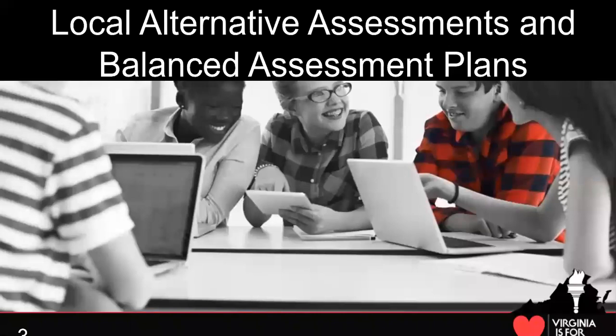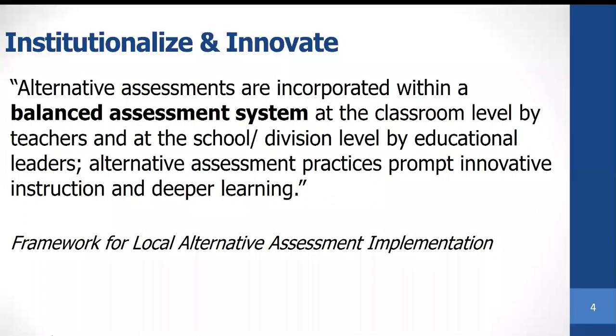So as I said, first let's go over some ideas in the guidelines surrounding balanced assessment plans and local alternative assessments. If you'll recall, if you were in education, particularly in middle school history, in 2014, a series of tests that included U.S. History 1 and U.S. History 2, along with third grade history, fifth grade writing, and third grade science went away. And the mandate was that while those SOL tests went away, alternative assessments were required to demonstrate that the skills and content were still being covered.